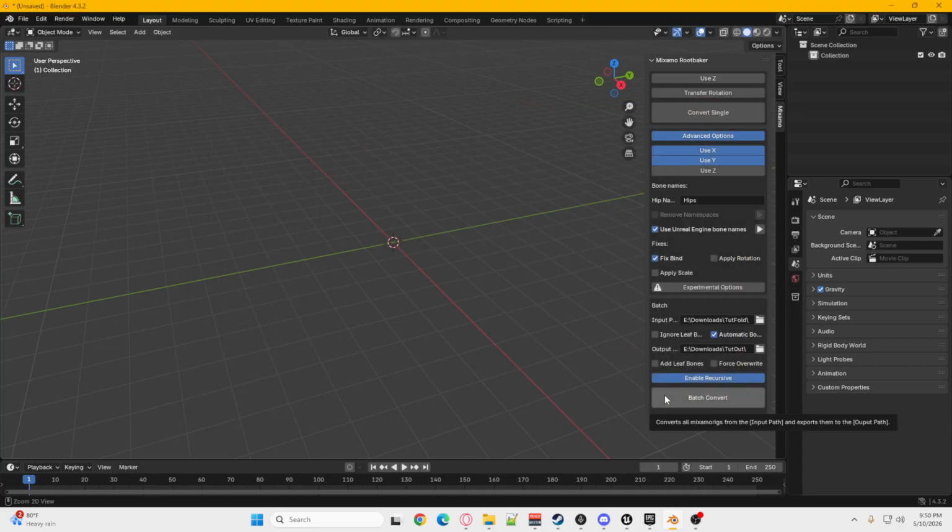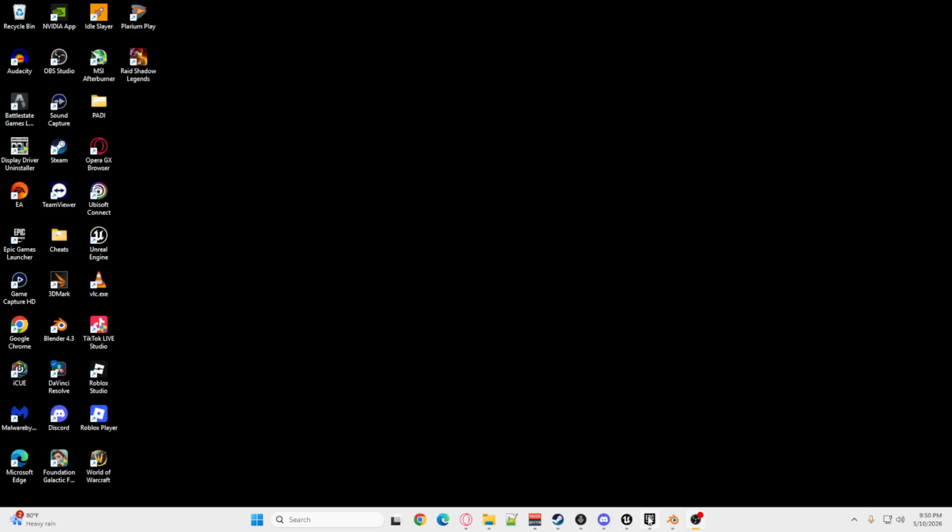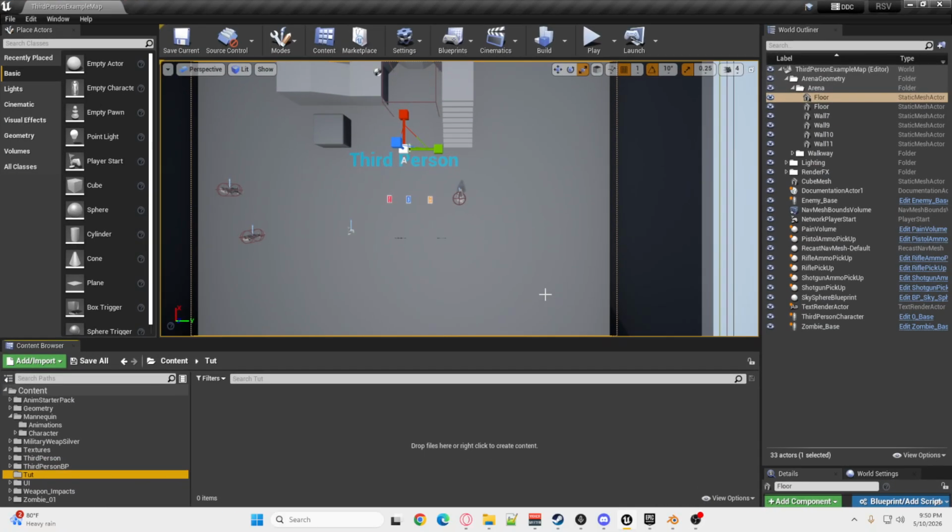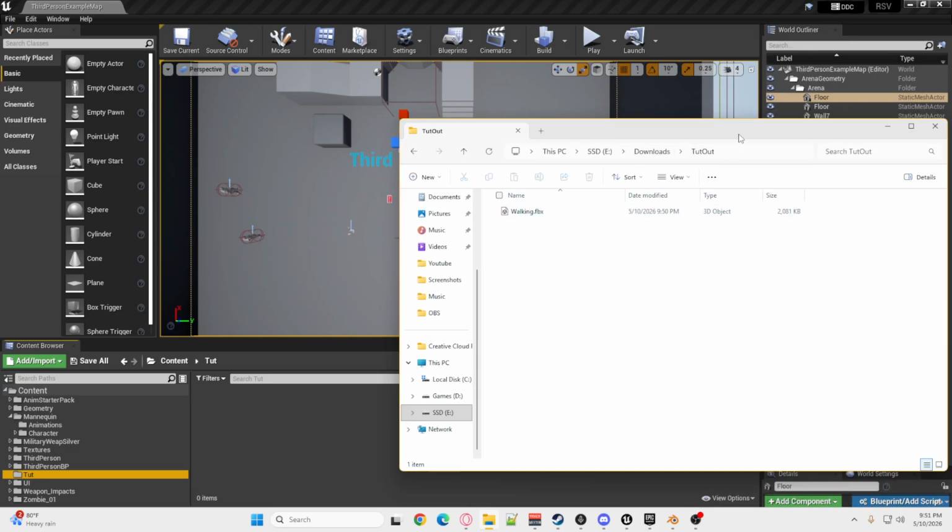Now, it's going to convert it for me. Boom, converted. Now, there's other videos out there where they show you put the character in Blender and then add the bones yourself. You don't have to do that with the plugin. Now, say if you have that character that we just created, and it popped it in the out folder,